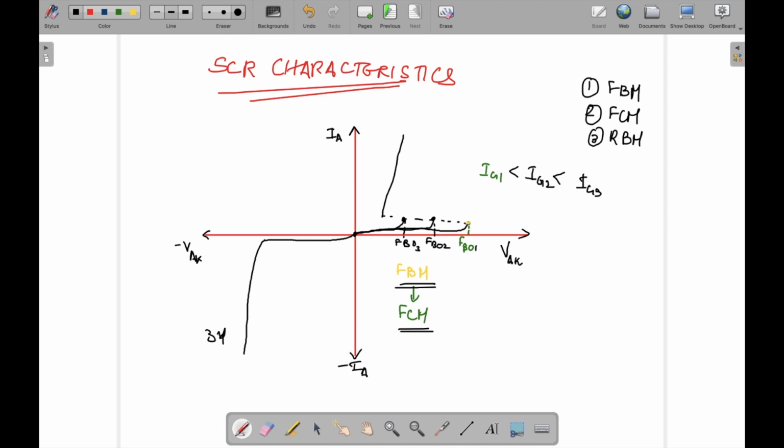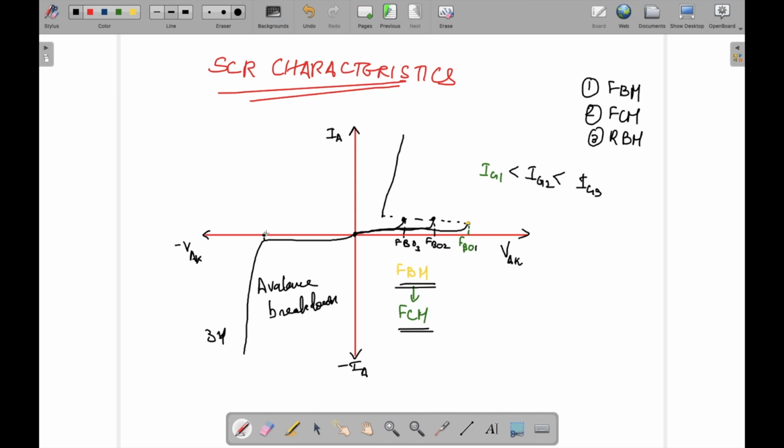So this is the point where, since we have increased the voltage, we will have the breakdown of junction J1 and J3. When J1 and J3 breakdown happens, that is the region where the operation shifts to conduction. Until this point it was blocking in the reverse direction, but then J1 and J3 break down and the conduction starts. So this region is known as the avalanche breakdown region. This type of breakdown is known as avalanche breakdown.